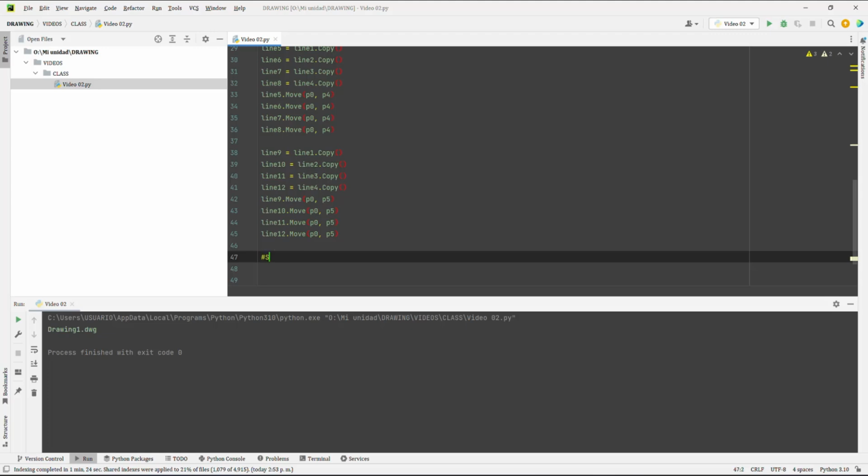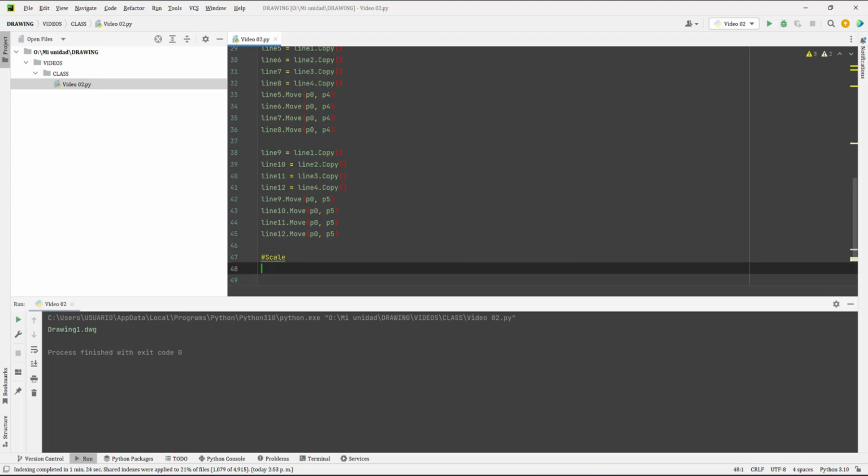The next property we're going to look at is scale. This allows us to scale any line from Python. To apply it, we write ScaleEntity, and this function will require 2 parameters. The first will be the base point, which in my case is 0,0,0. The second parameter will be the scale value, which must always be a number.